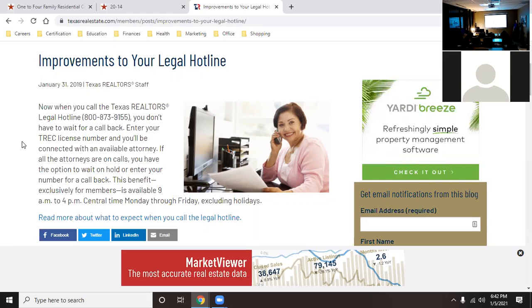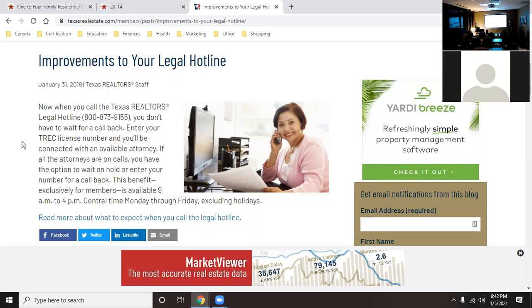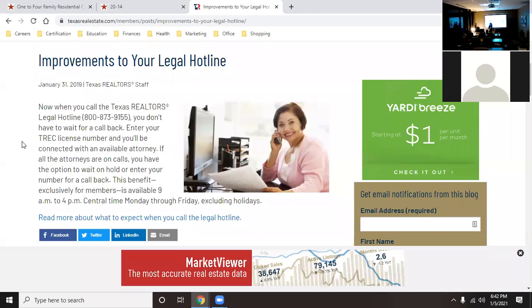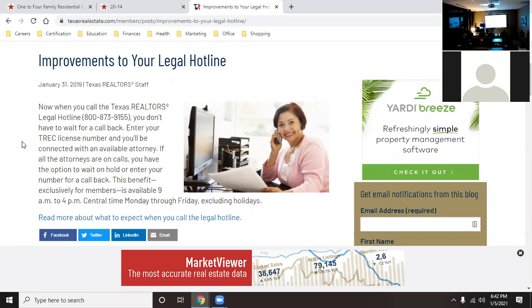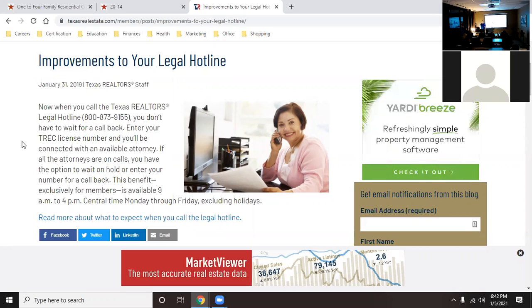This is Stephen Grossman. Okay, and your license number? Okay, thank you, we'll have an attorney call you back. Click. Right when that click happened, Stephen's broker got a contact that somebody contacted the legal hotline. And they will say, Stephen Grossman, license number, has contacted the Texas Legal Hotline.